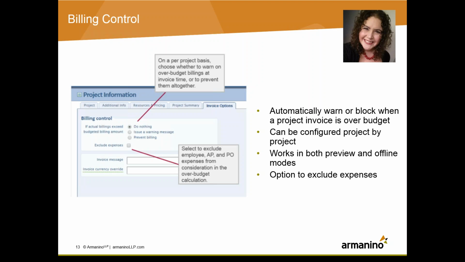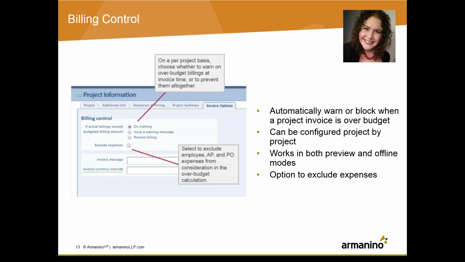So now this is once it has been converted into a bill and you've paid it and you go to add it to a project billing. And this would be most common if you were doing a time and expense contract and you wanted to make sure that your billings on the project did not exceed the negotiated price. You can decide whether or not you want to include employee expenses. So that will include expenses coming from the time and expense module, from accounts payable, and from purchase order.